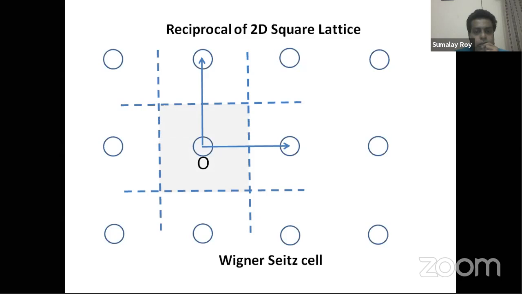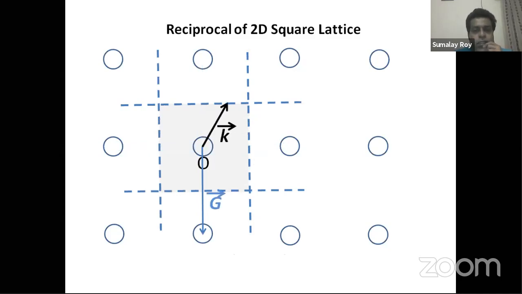Okay, so it's there. Now I draw all these four vectors around this lattice point. These are all G vectors. The right-hand point is (1, 0), the left-hand point is (-1, 0), something like this. So all these points I can write with coordinates as vectors. These are all G vectors, reciprocal lattice vectors.